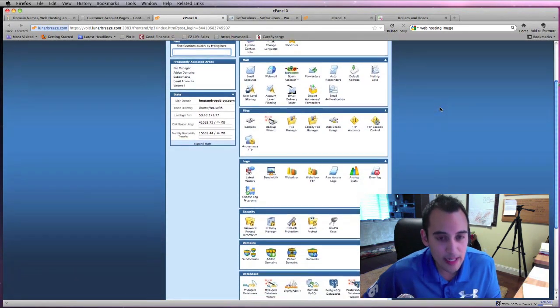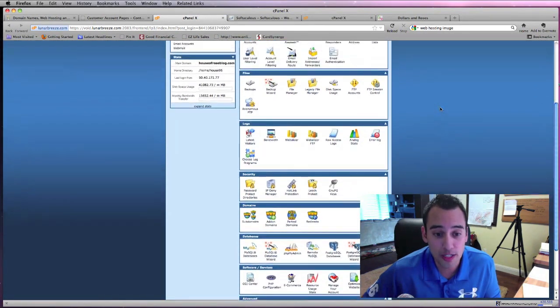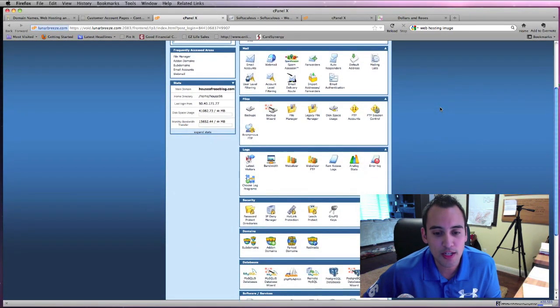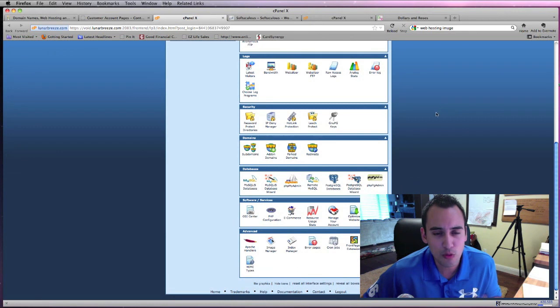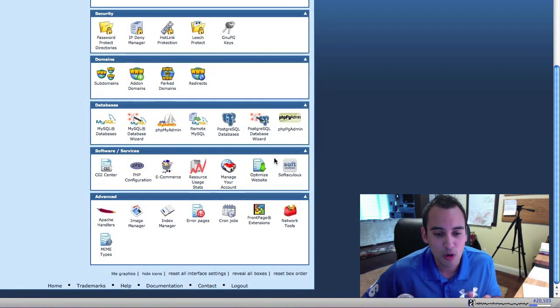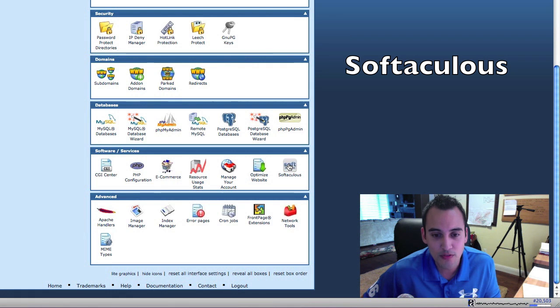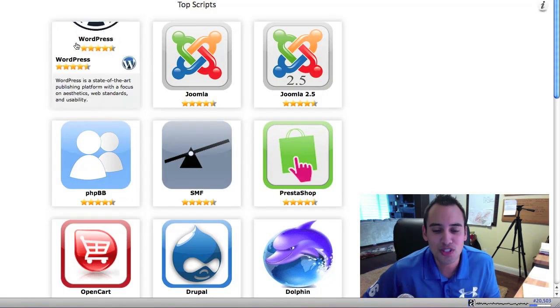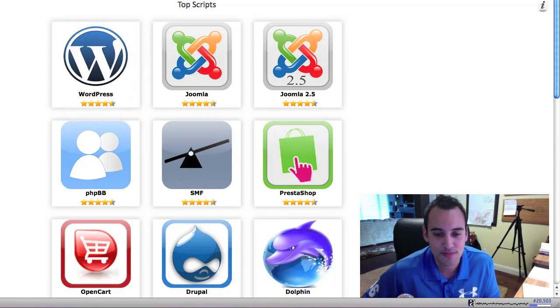This is the back end to your hosting company, your hosting provider, and your domain should already be set up. So the only thing that you're really looking for right now, I know there's a lot of information here, so please don't get overwhelmed, but all you're looking for is go down to software and services and look for this Softaculous. And I don't know if that's how you pronounce it, but that's close enough. So once you see that, click that button,